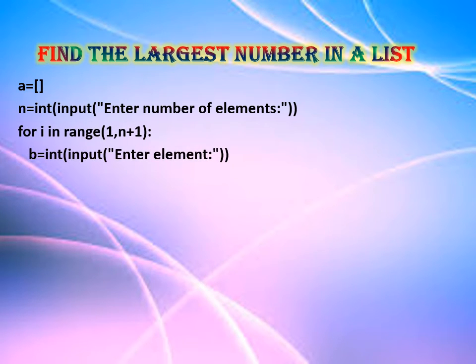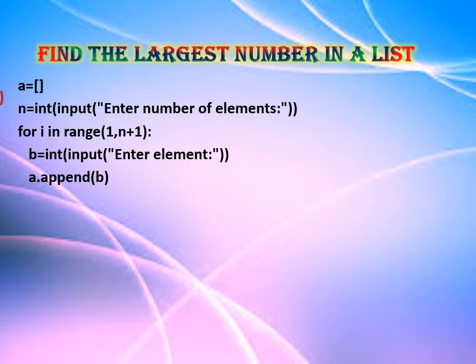Next, the number of elements is assigned to n. So dynamically we are going to give the input, and in a for loop, we just start with 1 and continue till the end. We are retrieving that in this position. According to that, we are getting runtime elements for the list, and they will be added to the empty list